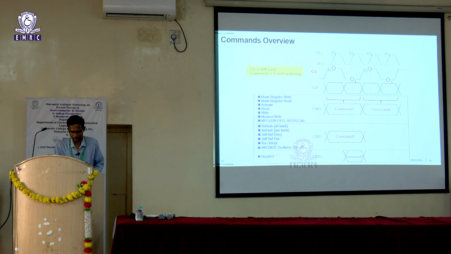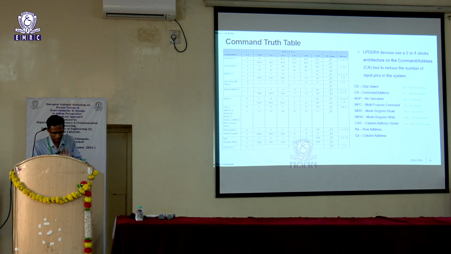I will skip this. What I wanted to say is, there are multiple commands that we have in a DRAM chip. Activate is row activate, and then you have a write or a read command, and then CAS is your column address command, then pre-charge, multipurpose command, and deselect. So, in essence, these are the various commands that it caters to. This is much smaller compared to what you would see in, say, a microprocessor, which has a huge set of commands. But nevertheless it has its own set of challenges in terms of building the system and making it work at such high speeds.